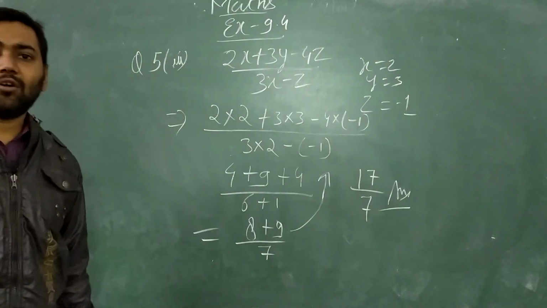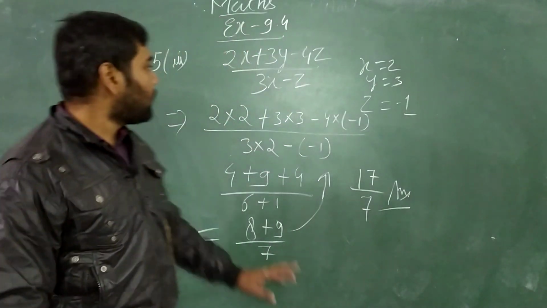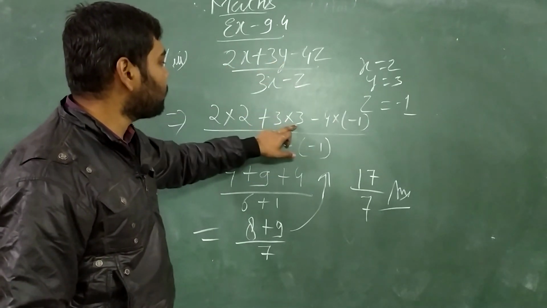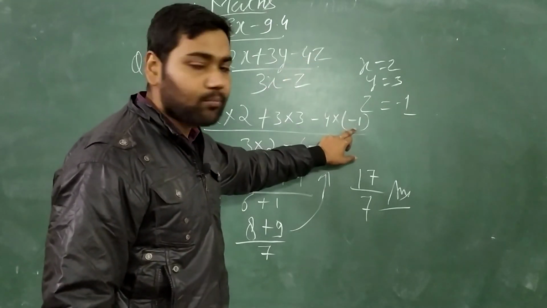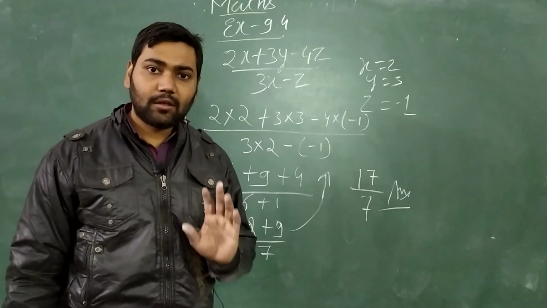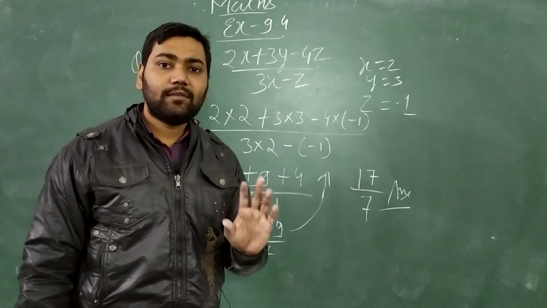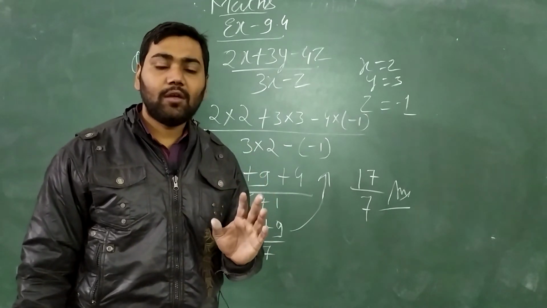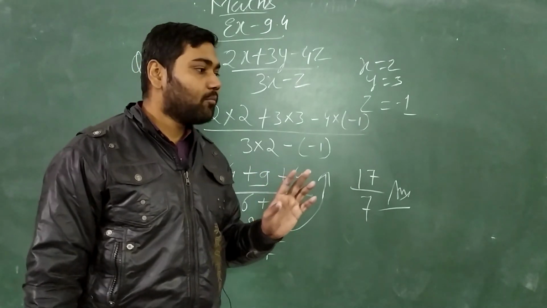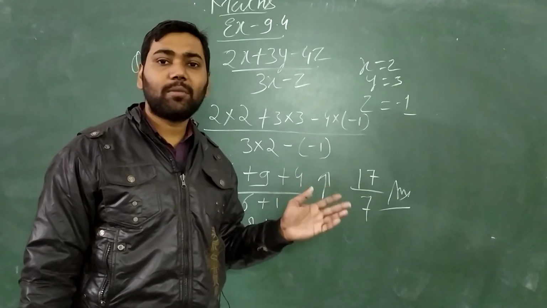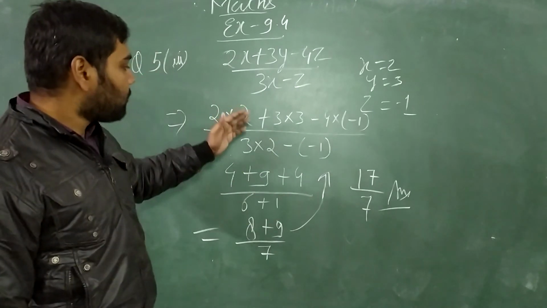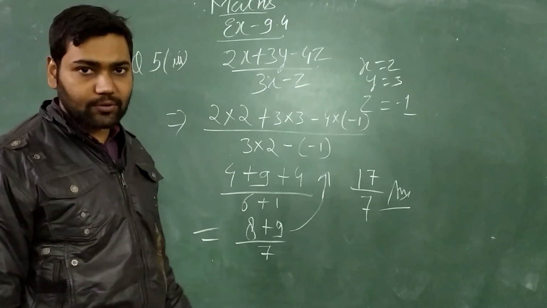Okay. This is the way of doing the question. What we have done? We have substituted the value. In place of x, we have put the value of x. In place of y, we have put the value of y. In place of z, we have put the value of z. Okay. Then we will solve by carefully seeing the sign of the value. If there is some minus, then what happens? We will check whether minus minus is giving plus or not, and whether with plus minus the sign will change or not. Okay. So we will keep this in mind, and after keeping this in mind, we will solve the question.